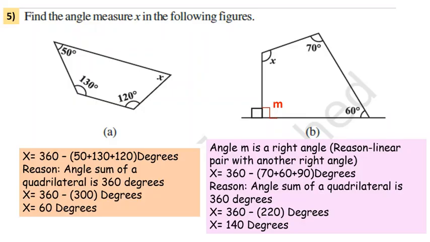Now, fifth question. If you see the picture only, you will be able to tell the answer. So simple it is, first one. But whenever asked in the exam, this is how we write. Okay? X is unknown, 3 angles known, 50 degree, 130 degree, 120 degree and all. So you should write it as x is equal to 360 minus 3 given angles. But the 3 given angles should be within the bracket. So add first, get the answer, 300 degree you will get, subtract that 300 from 360, 60 degree will be